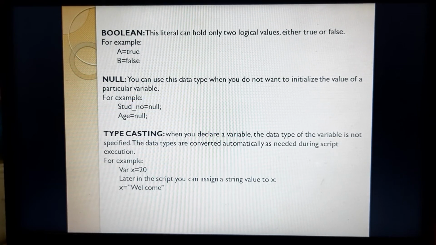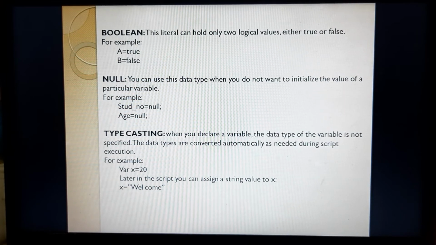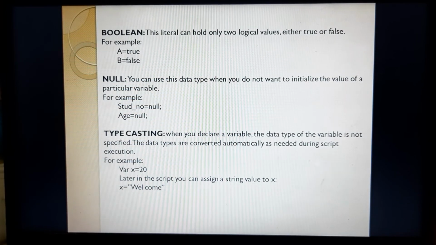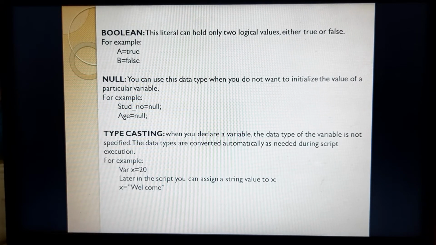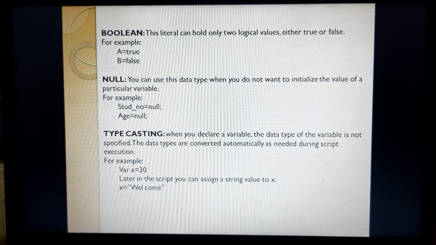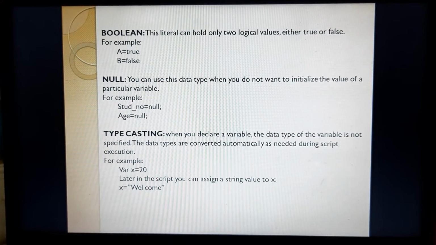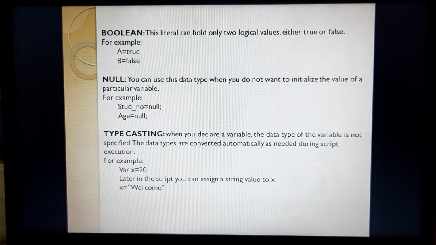What happens in this situation? Up to the second statement x equals to welcome, x holds the 20 value, and whenever you print or manipulate, you can manipulate the 20 value and print the 20 value of x.